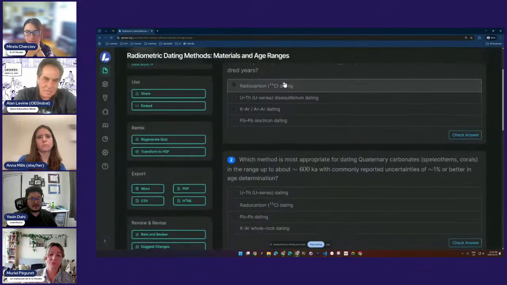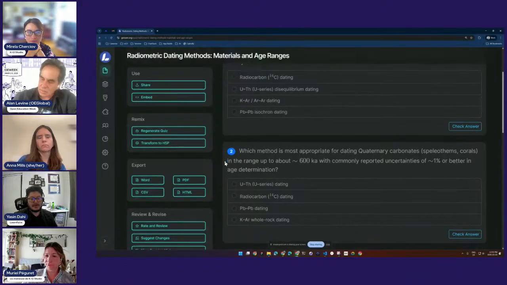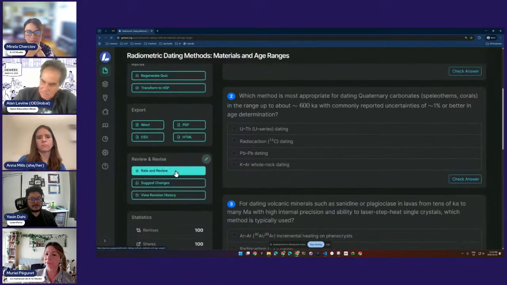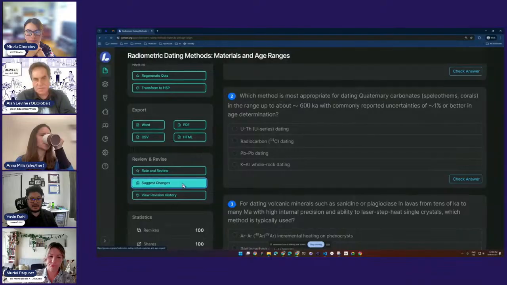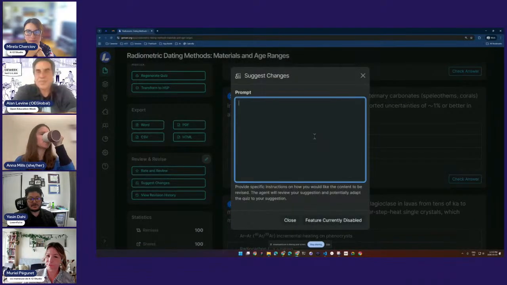So the general idea here is that, apart from just taking the quiz at its face value, we might have instructors come in and rate and review. So provide a rating for this. Maybe they can come in here and suggest changes. And so this would be a prompt that attaches to the autonomous prompt to then refine this resource.